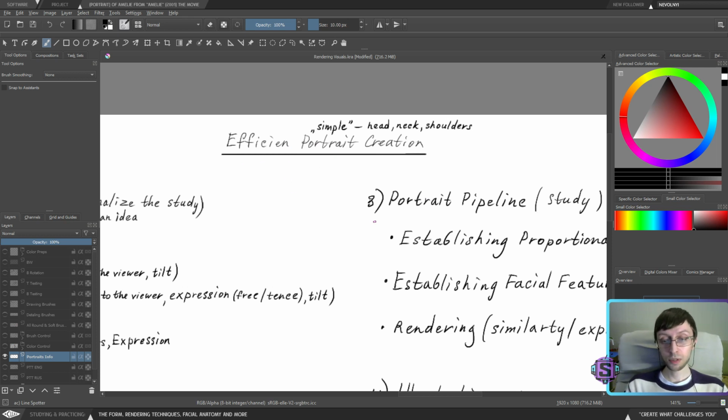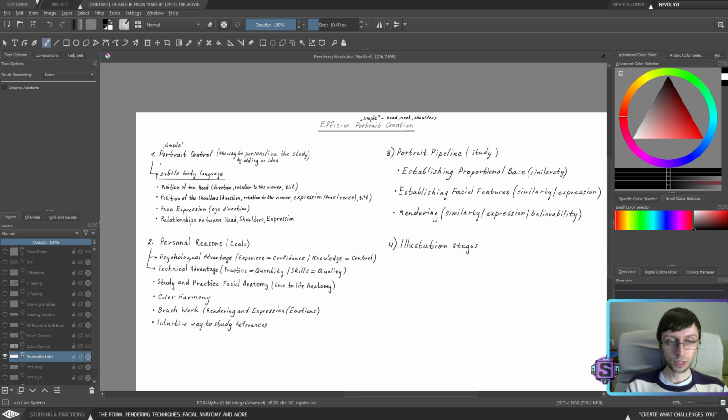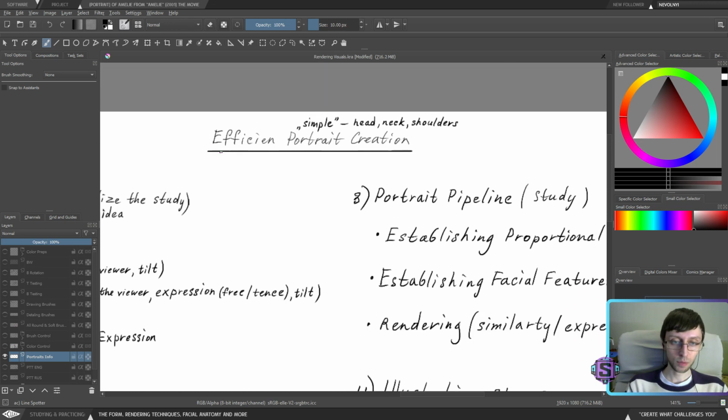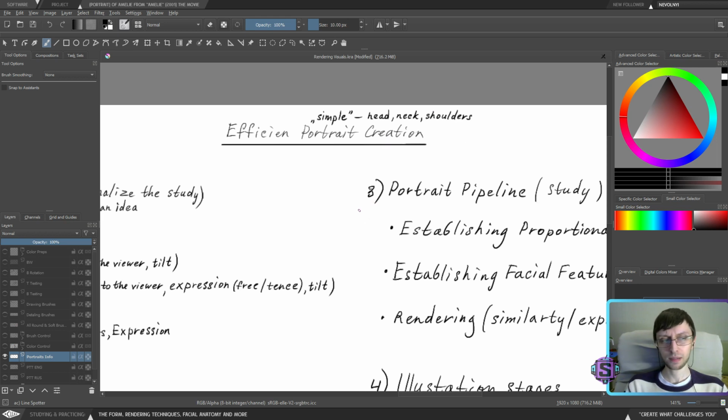And this is the only reason why I'm doing this. This is the only reason for me to put this information out there, to explain my point of view in terms of how to efficiently study, not just by drawing from a photo with no reason and aimlessly repeating what you're seeing, which is a good idea too, but again, it's better to implement something with a reason.